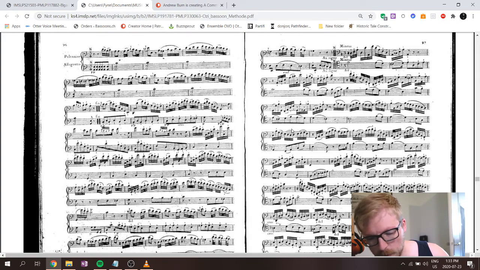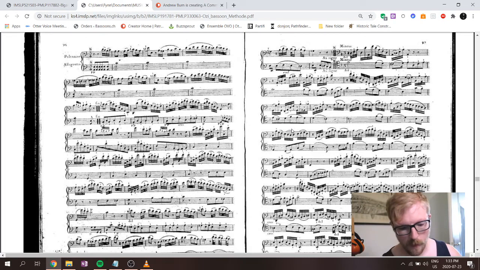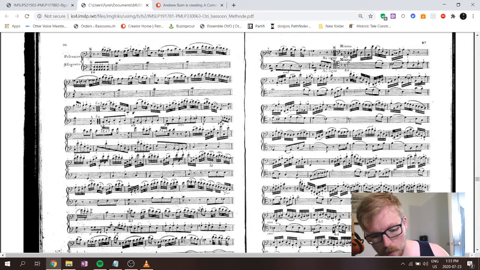We're just driving to the cadence. Now return to A minor.